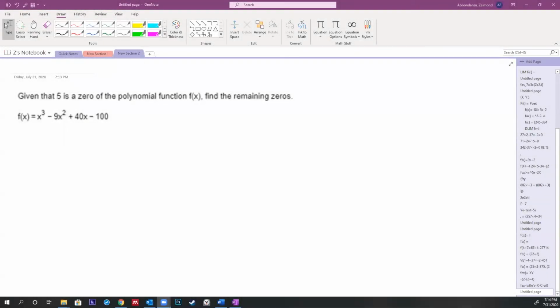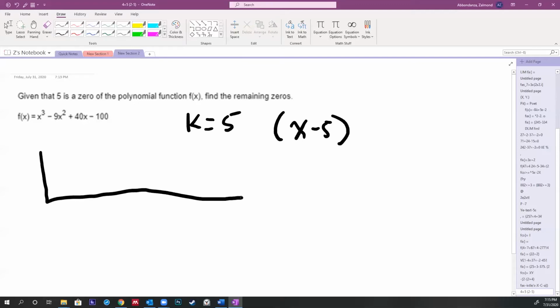Okay, here we're given a polynomial function of degree 3. We're given that 5 is a 0, which we also know means that x minus 5 is a factor of this polynomial. So what they're asking for here is to find the remaining zeros. And I know there are going to be 2 of them because this is of degree 3, so I'm expecting 2 more zeros. So the best way for me to start is to use synthetic division, a little crooked, and